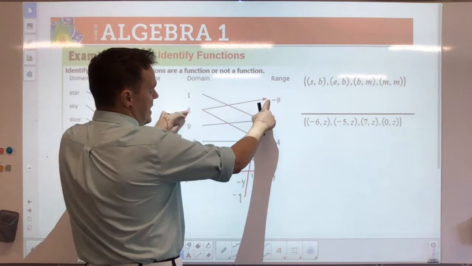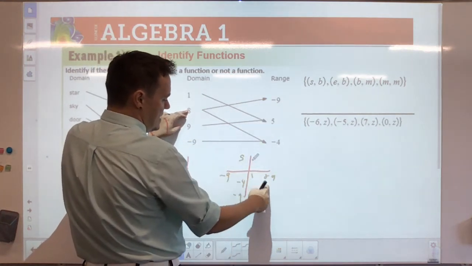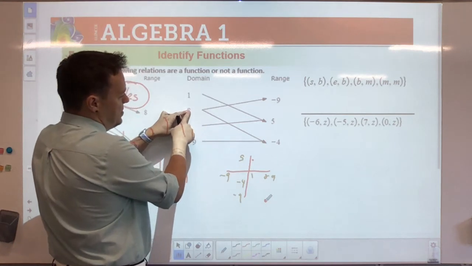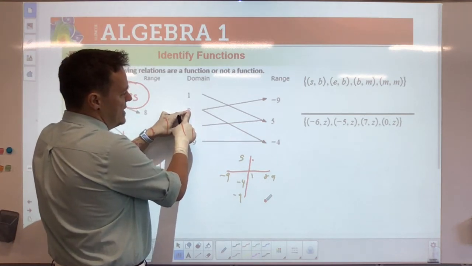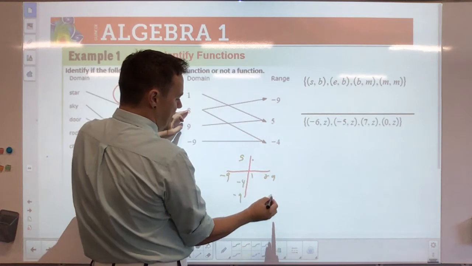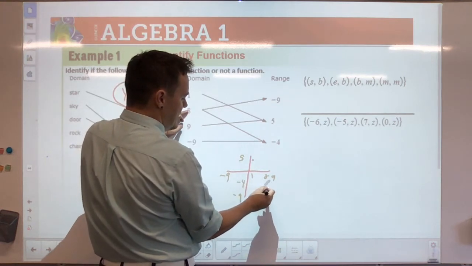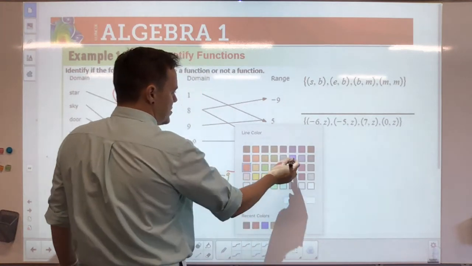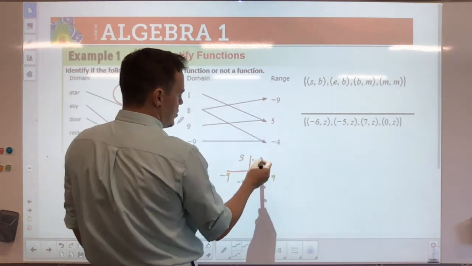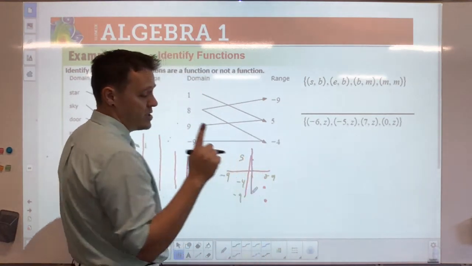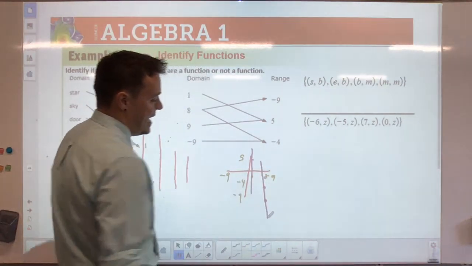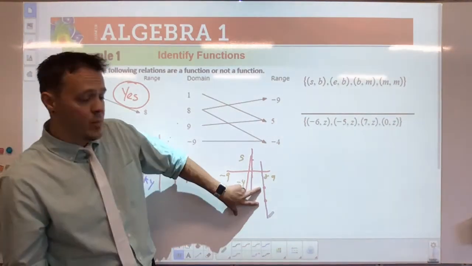8 over, -9. So I go over 8, and I go down to -9 and put a dot here. But here's the problem. I go 8 over again and put a dot now at -4. So ladies and gentlemen, if I keep going out, I'll have different dots. That doesn't matter, but here's what matters. If I draw a vertical line through this point, it only crosses 1. But if I draw a vertical line through this, like that, then ladies and gentlemen, it hits 2 points,